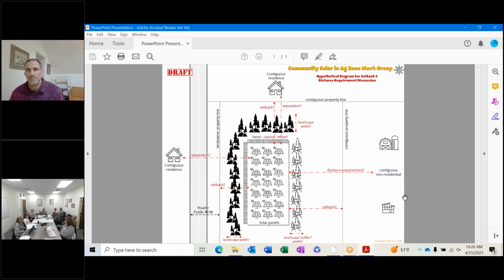One last procedural question. Sure. Why are we designating community solar different than any other private enterprise? Why is it specific to community solar? Are you comparing to other types of solar, or other types of businesses in general? Other solar to solar. Okay. I could say other types of businesses as well. Why have we separated out community solar?